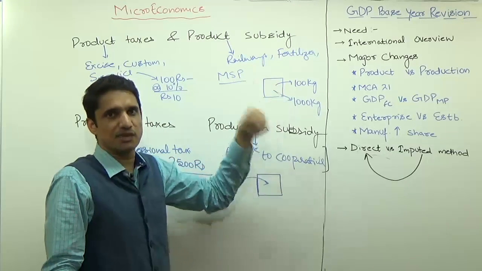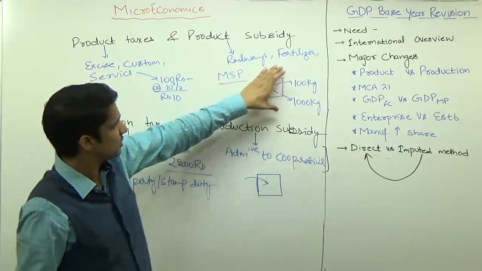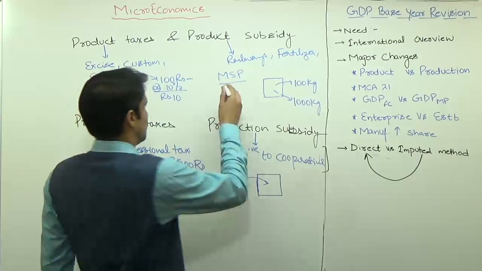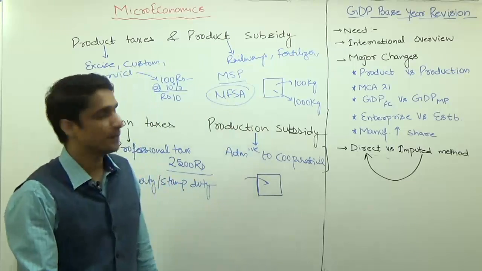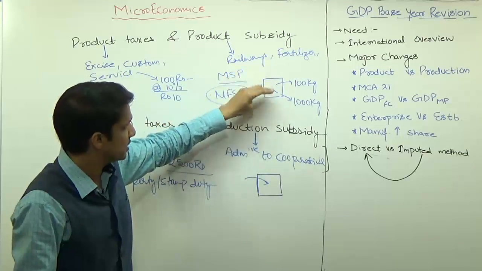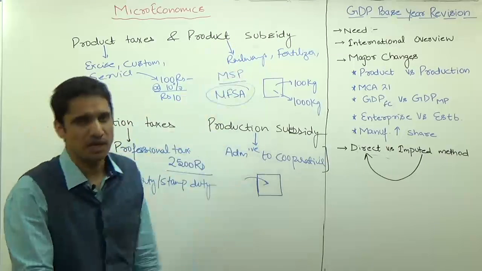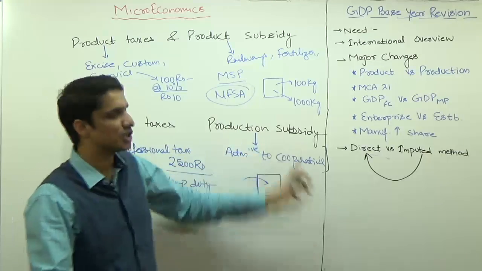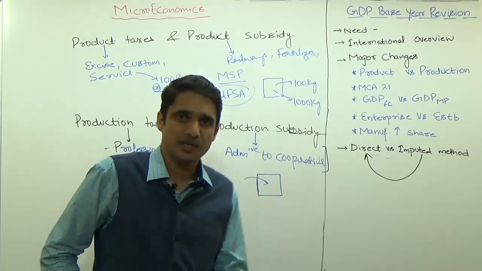And that is why these developed countries, they are against our agriculture subsidy. What they are saying? That your subsidies are trade distorting subsidies. In detail, we'll discuss this MSP or National Food Security Act issue under that WTO chapter, international organizations. But this is what the main contention is, that the government is giving product subsidy under the Indian agriculture sector, and the developed countries, they are giving production subsidy. A fixed amount of subsidy will go to the per hectare of area in case of